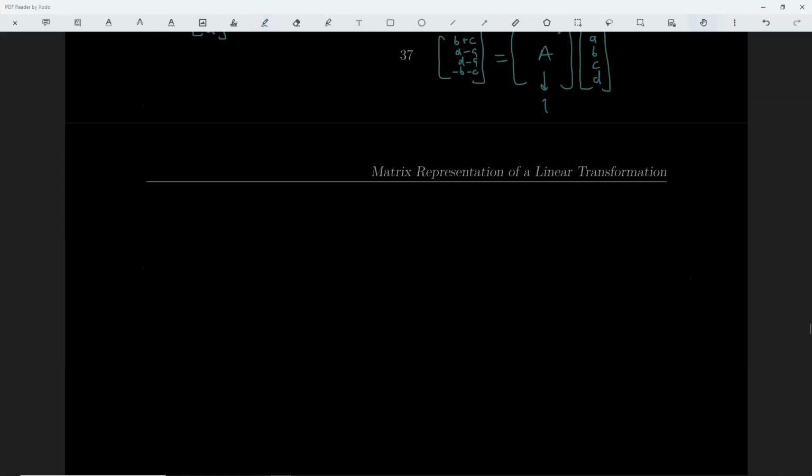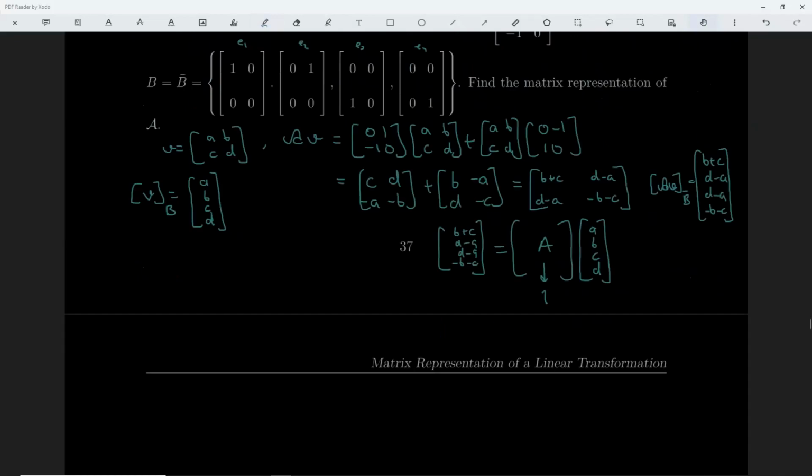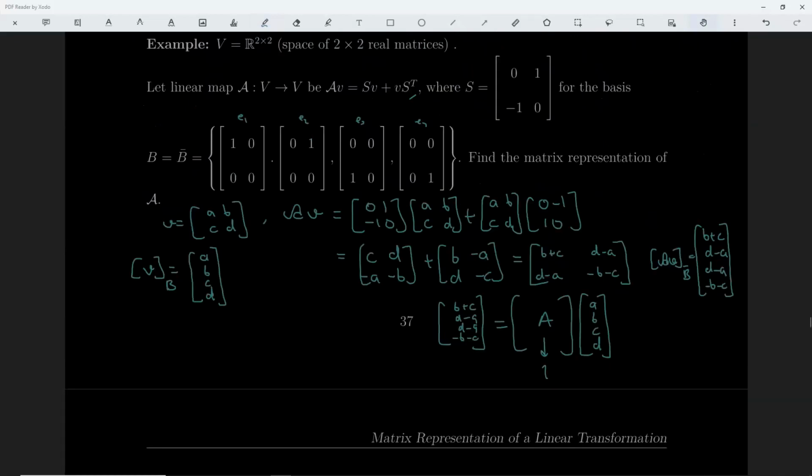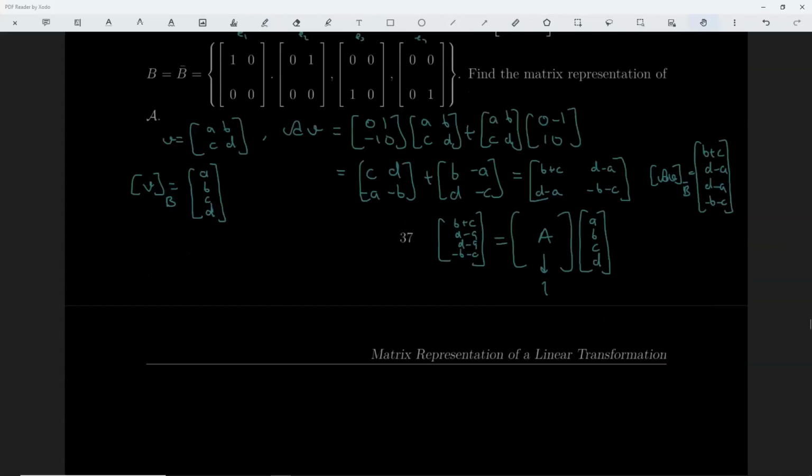So in order to do that, if we follow the procedure simply, what should we do? I should pick the vectors in my domain first, these E1, E2, E3, E4, and I should write down their linear transformation in terms of the basis vectors in B bar, which was again B. Okay, so I will compute the linear transformation of these vectors and express them in terms of these basis vectors. So let's have a look at first